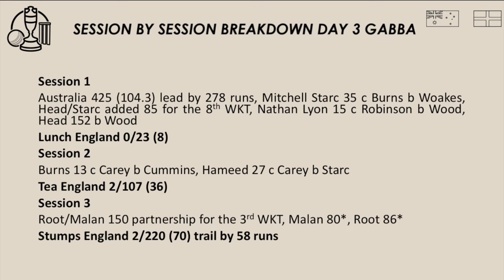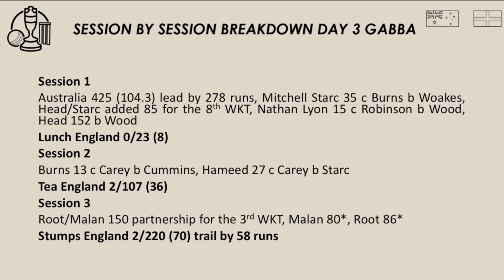Nathan Lyon was the next wicket to go for 15. Caught Robinson, bowled Wood, and Travis Head was the last wicket for Australia to fall in the first session, out for 152, bowled by Mark Wood. England at lunch were none for 23 after 8 overs, and headed into the second session of play,